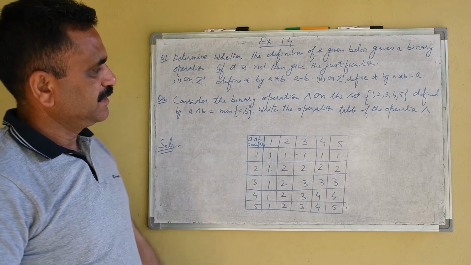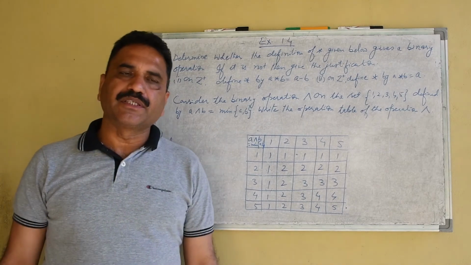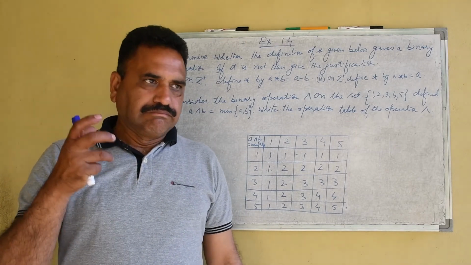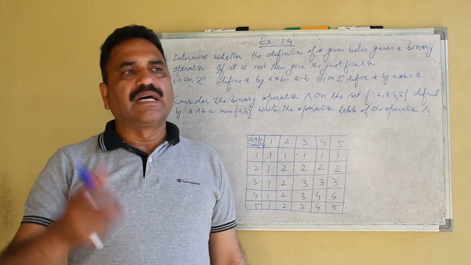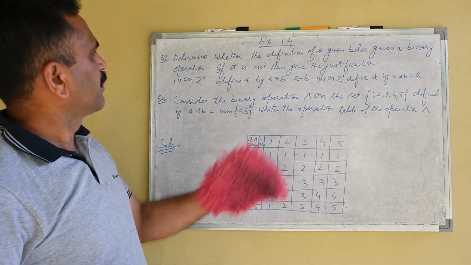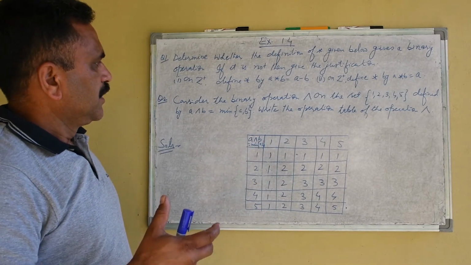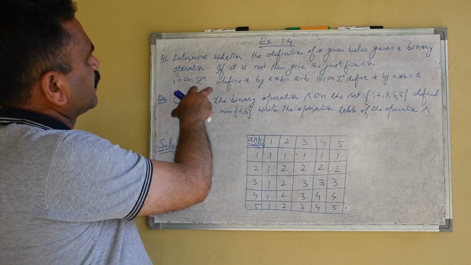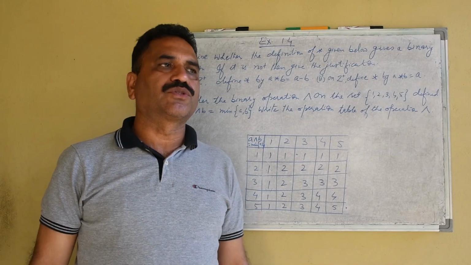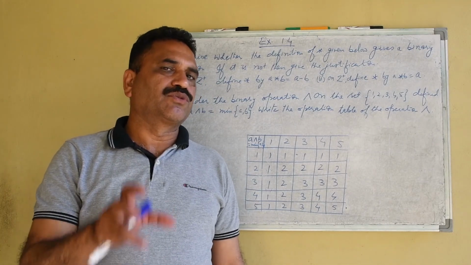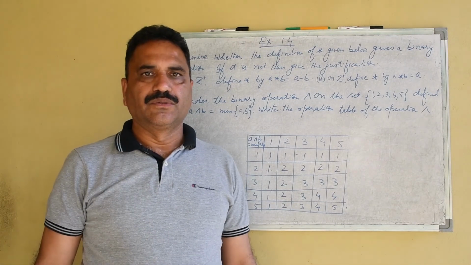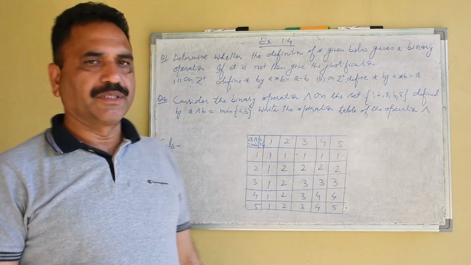So we have seen here what a binary operation is. If the Cartesian product of two sets is related with the given set, then it is a binary operation. And we have seen all the properties, especially the closure property. In the closure property, we have done these two problems: if a and b belong to A and a star b belongs to A, then the operation is said to be closed. That means it is defined. So this is all about binary operation. Thank you.